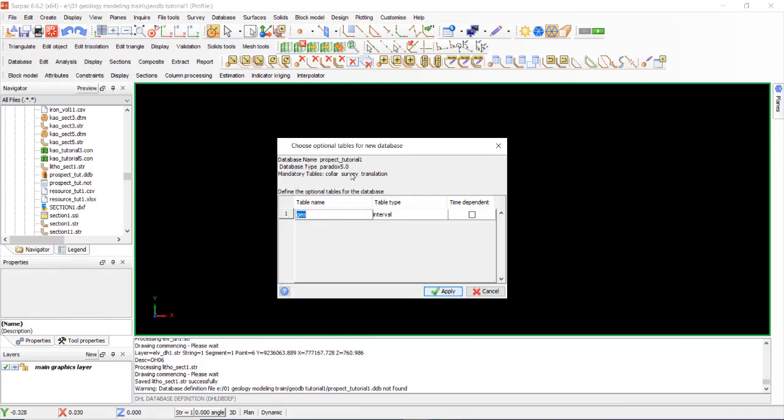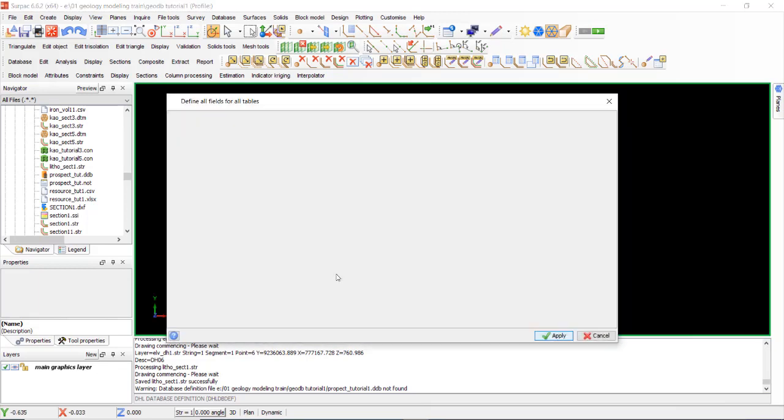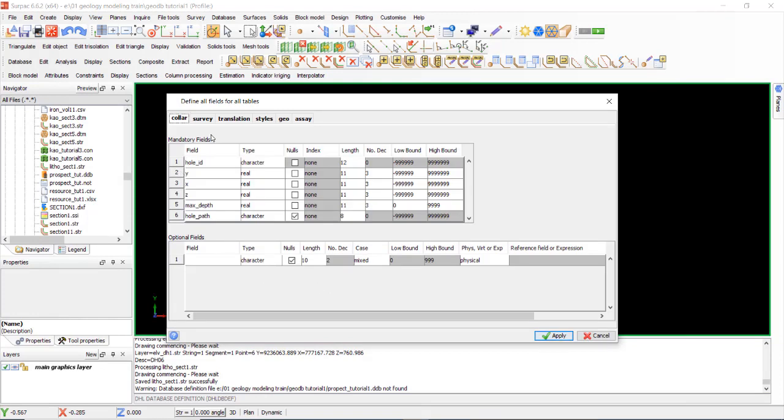This color survey translation is mandatory, but we must develop geology and add assay. Okay, assay, interval, not change. Okay, apply. Color, no data import, no change, survey no change, translation styles must be changed in geo.